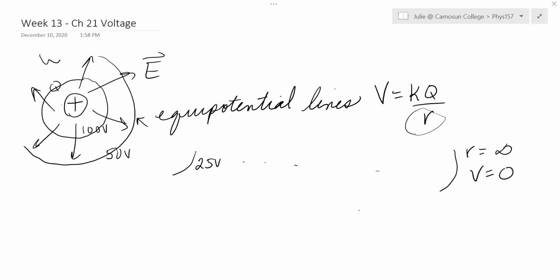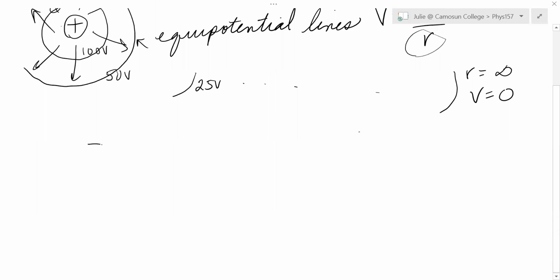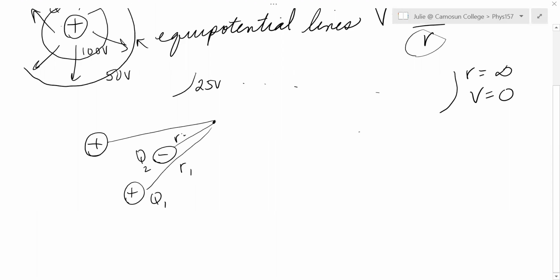Now, let's do one more thing. If you have multiple charges in a region, they will all contribute to the voltage in the space around these charges. And if you want to know the voltage at any particular location, you simply need to know the distances from these charges. So if this was Q1, R1, Q2, R2, and Q3, R3, the voltage here would be KQ1 over R1 plus KQ2 over R2 plus KQ3 over R3. It's just the sum